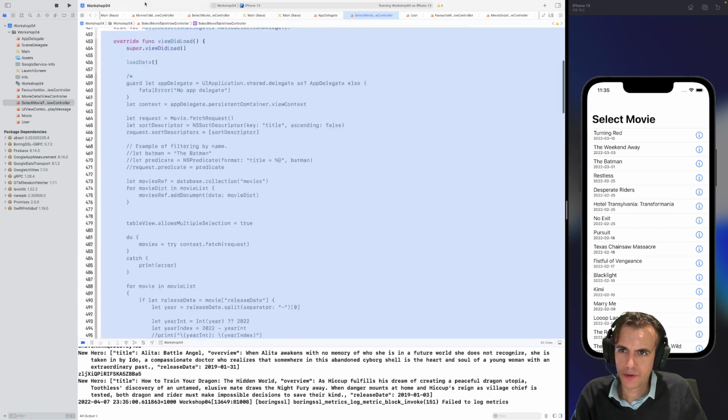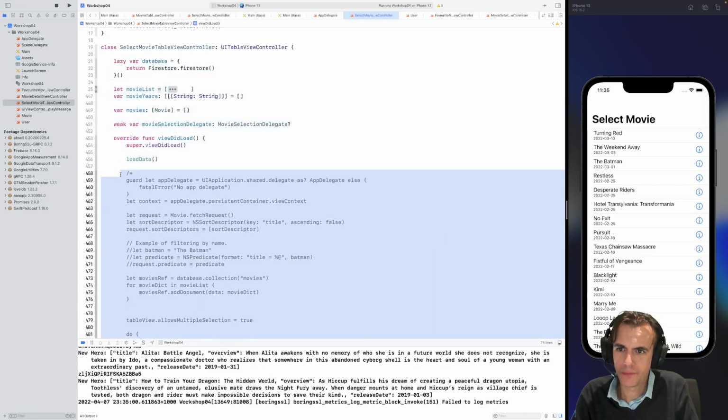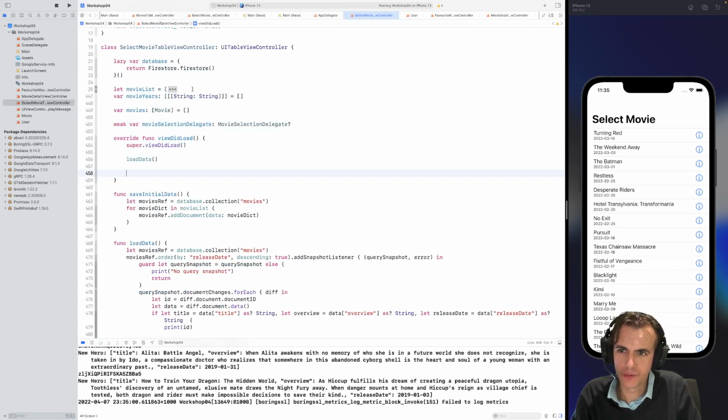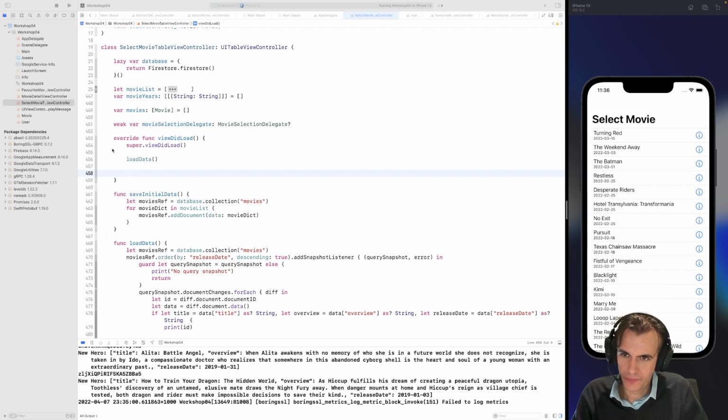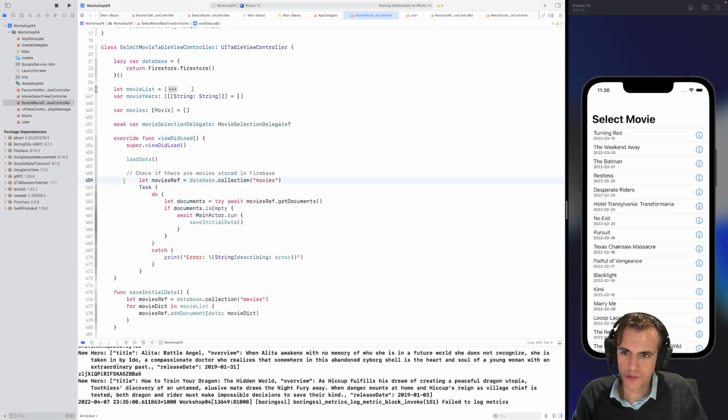I don't need the rest of this, but after we've loaded the data, which includes setting up the listener, I do want to have some logic here that adds the initial data to the database if necessary. And the way to do this is just to